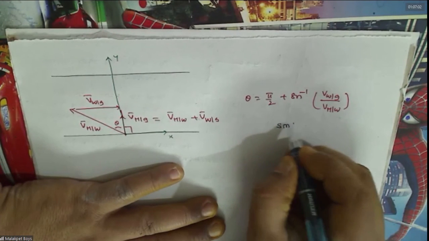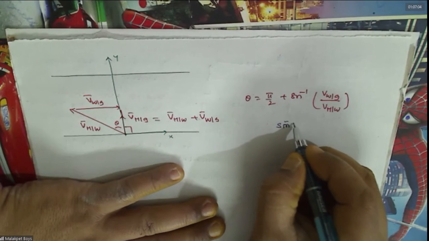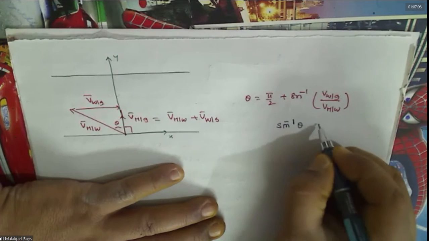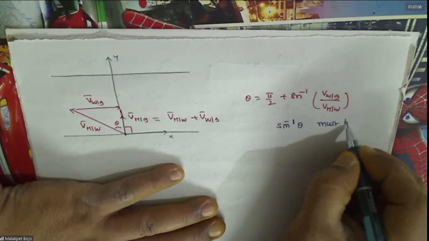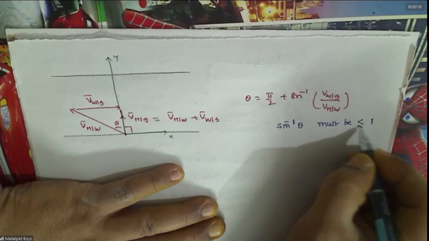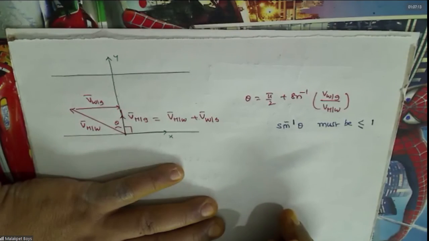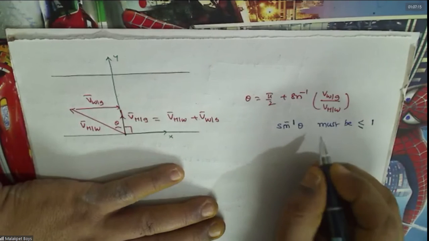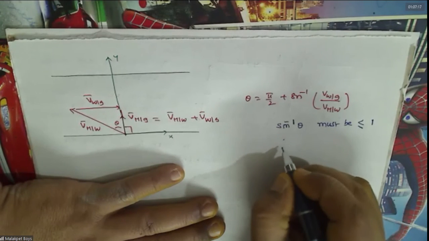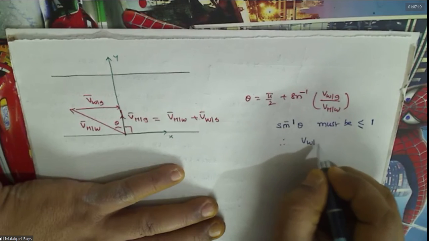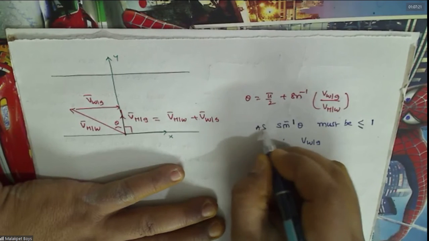Sine inverse of something must be less than or equal to 1 only, no? Yes, sir. This is possible only if, therefore, the velocity of water with respect to ground